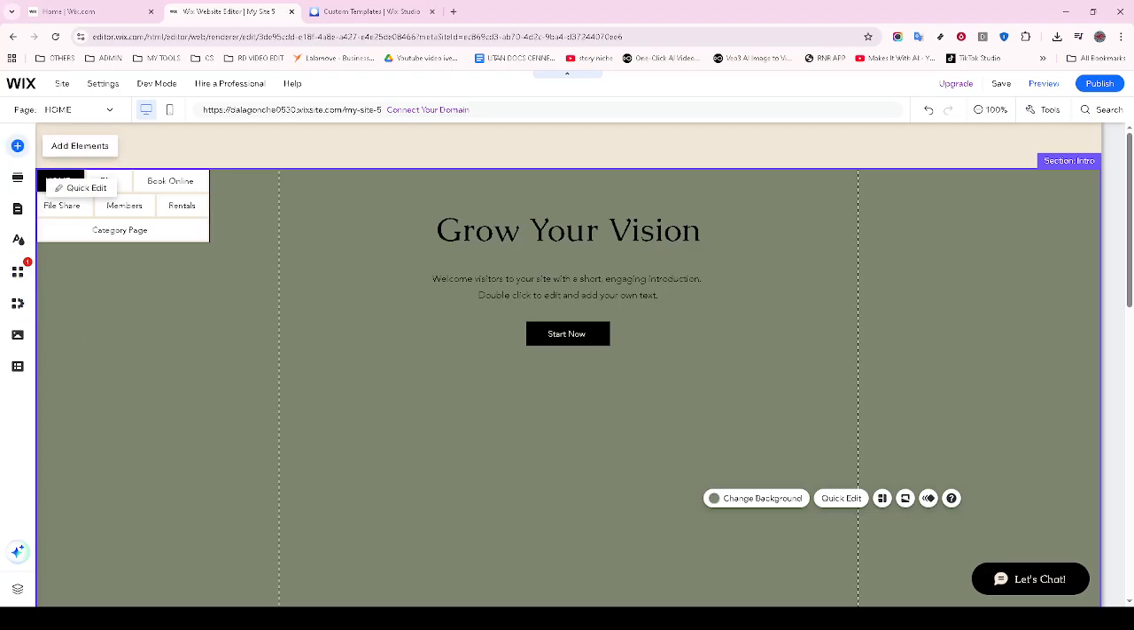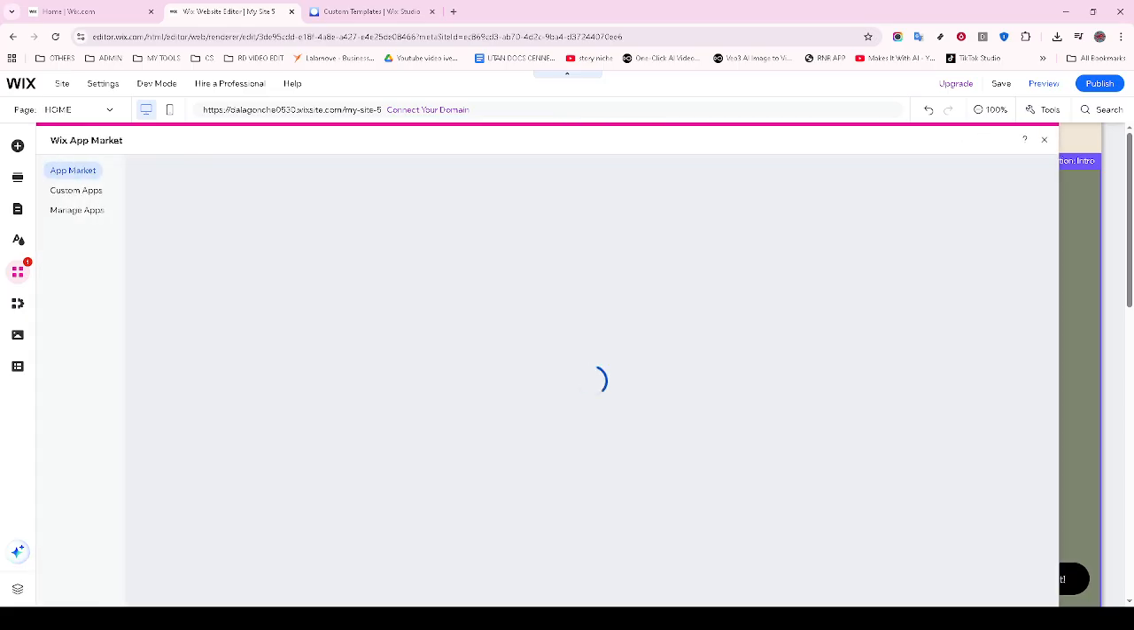In the App Market, search for the Wix Pricing Plans app. Installing this app is crucial as it provides the framework for creating and managing the pricing plans you'll offer to your customers. With the app successfully added to your Wix site, it's time to get creative by setting up your